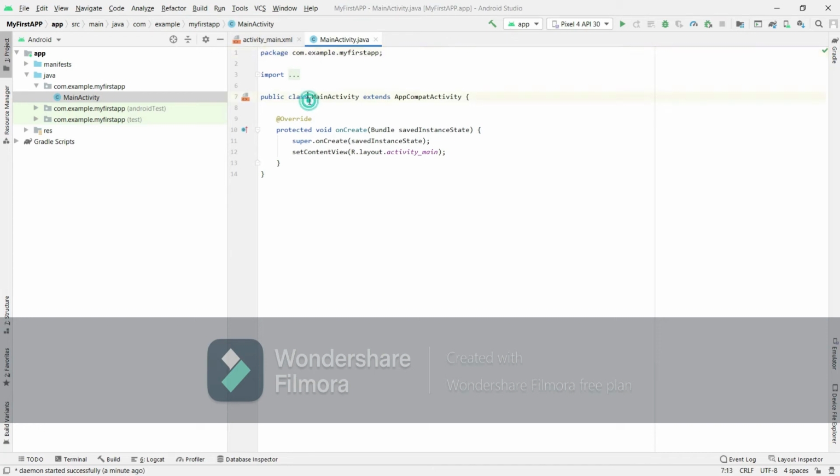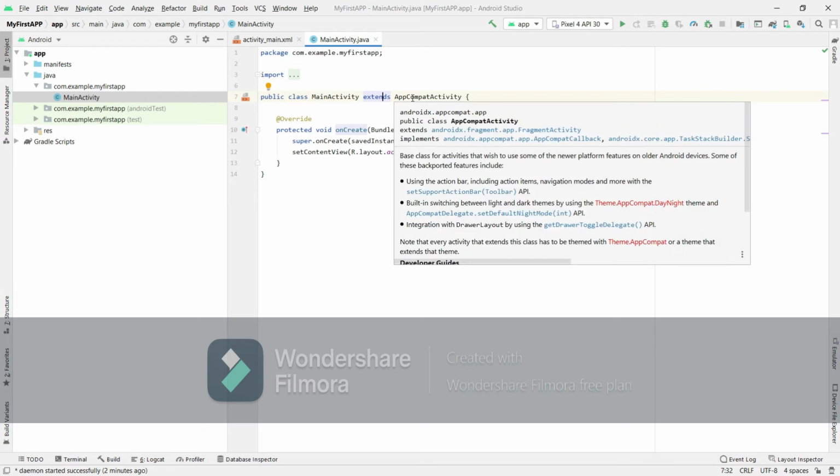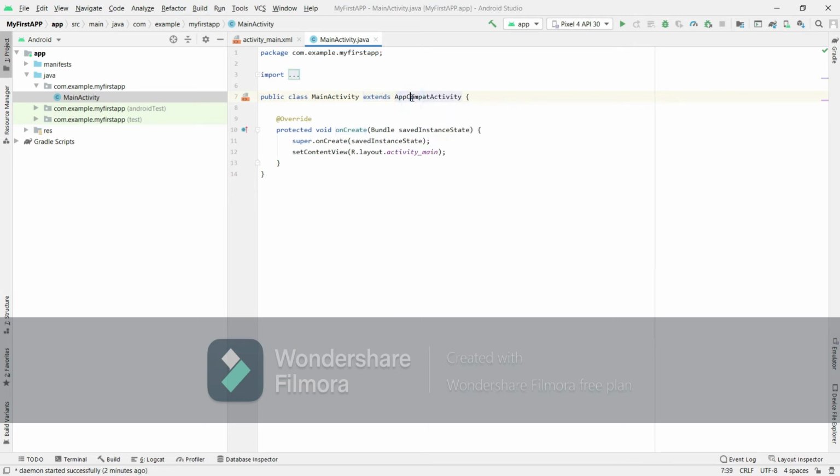so here it is a default class which is called the MainActivity class, which extends another super class. This is called AppCompatActivity. It is a kind of super class. It includes so many abstract classes. Okay,